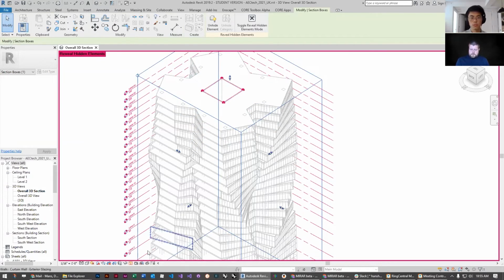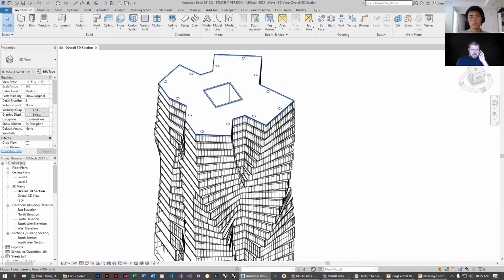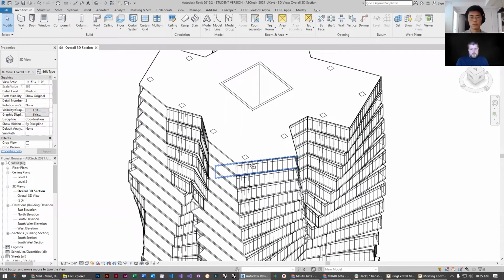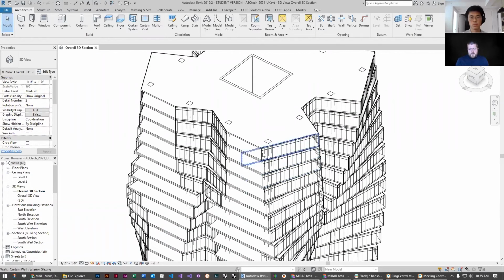One thing to note about using Mirar is it won't actually export the clipped geometry, because the actual geometry itself hasn't been changed and it works off the original mesh. This is basically just a visual override inside of Revit. However, any of the curtain panels that have been completely filtered away, so in this case, all of these curtain panels out here,